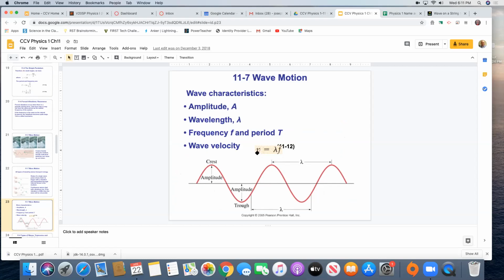And this is kind of interesting, so let's think about the units for this. Since the waves travel with a constant velocity, our good old-fashioned formula, distance divided by time, still works to calculate velocity. But also,